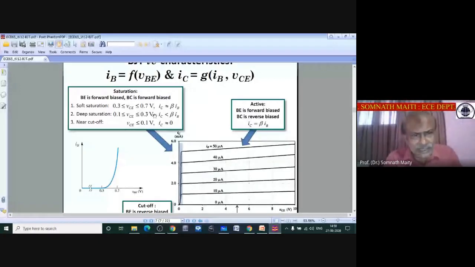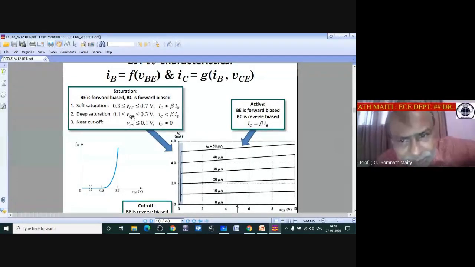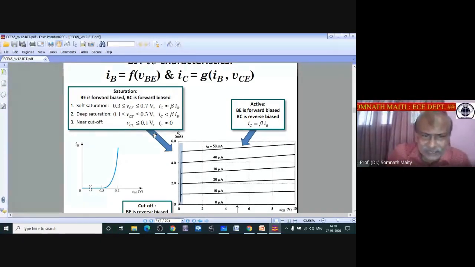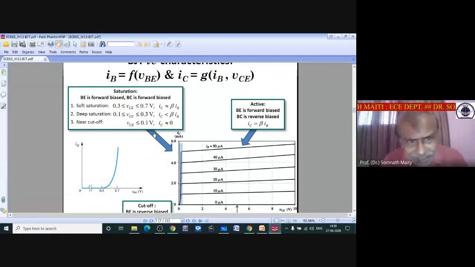Okay, so remember when a transistor is in saturation, the collector to emitter voltage, that is output voltage, becomes very low. Practically, it is 0.2 volt. You take the average of this; deep saturation means this one. Now near cutoff. Cutoff means switch off. No current is flowing, so IC equals 0 and collector to emitter voltage should be near about the supply voltage, that I will show.